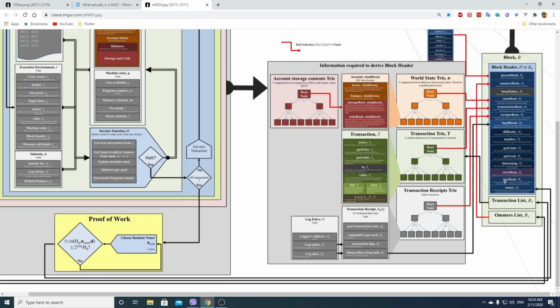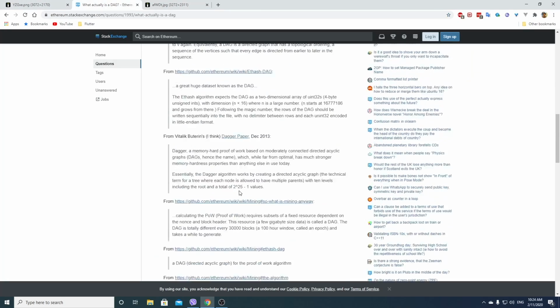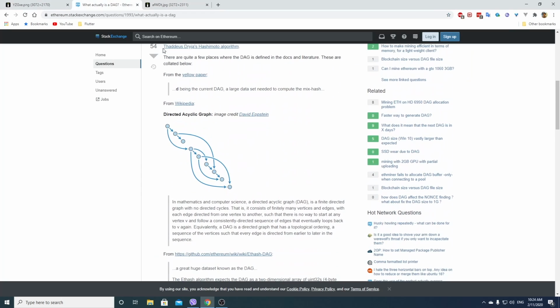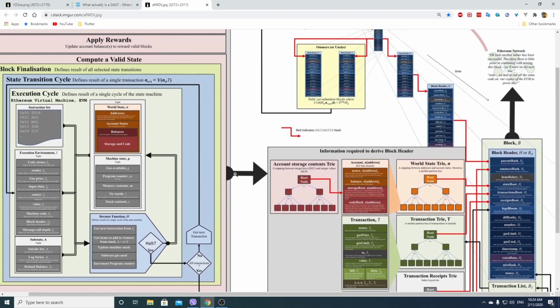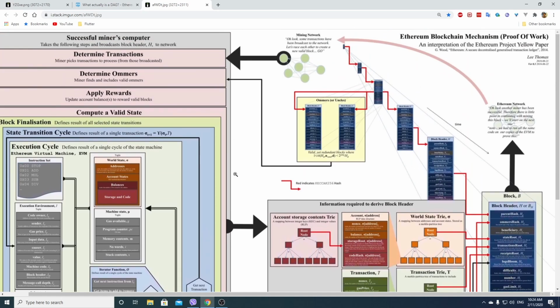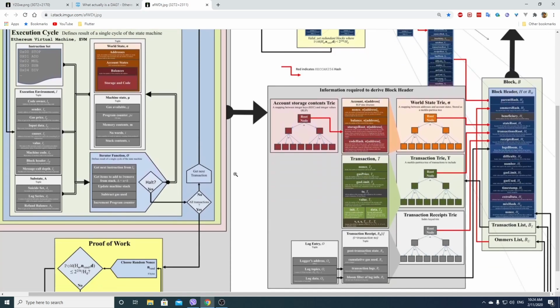So you have to provide the mixed hash to prove that you have done this particular work, and then you have to provide the nonce. Right. Okay, I think it's longer than I expected, but I think it should give you, I'll relate it to myself, a better understanding of all these data structures, even though